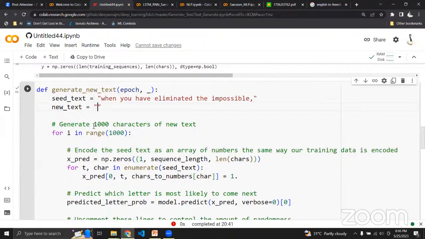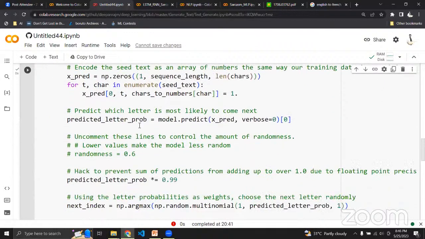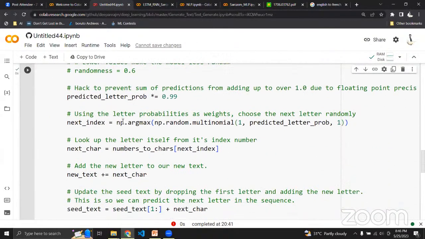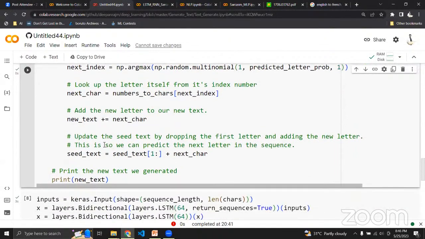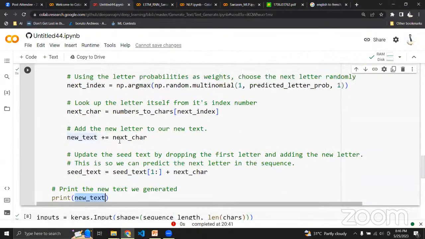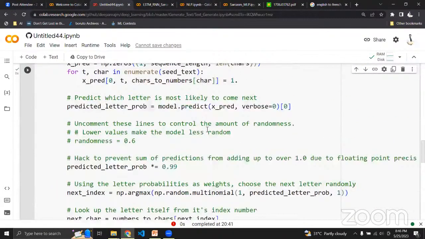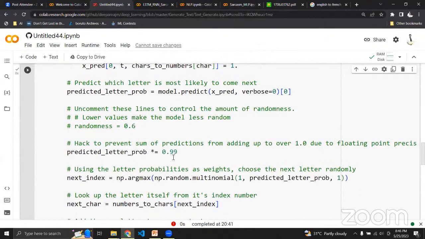Likewise, I'm going to create 1,000 characters. Let's say all the indexes and characters have been appended in this new text itself. Simply put, I take the data, I get the probability. If the probability is above 9,